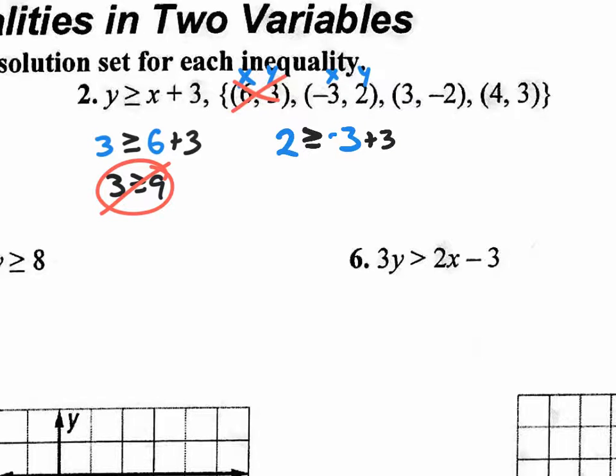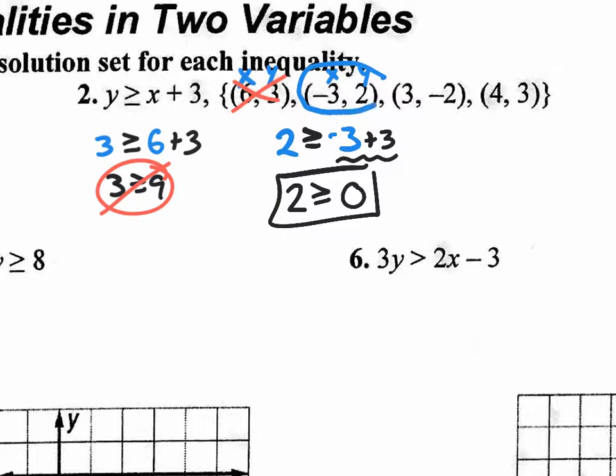And when you do negative 3 plus 3, that's 0. And you do have a true statement on this one. 2 really is greater than or equal to 0. So this one is definitely a solution. So circle that one, cross out the other one, and you go through and you do this for all of